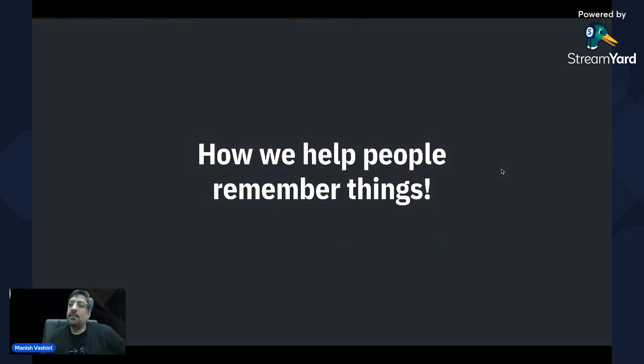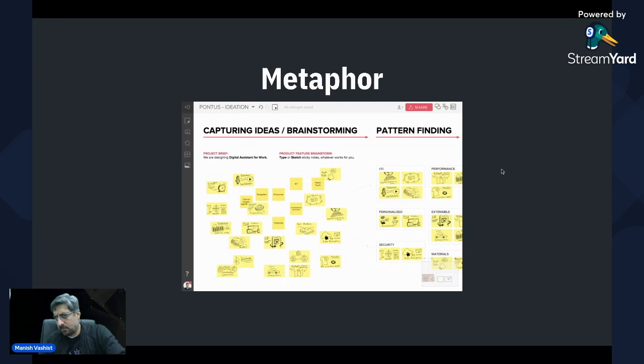How do we help people remember things? Okay, so I'm giving you some examples here that you could use on your applications, on your sites, to enable people to remember them. Obviously there are these metaphors. People remember metaphors, and I'm sure you must have seen those applications where your early readers had those page